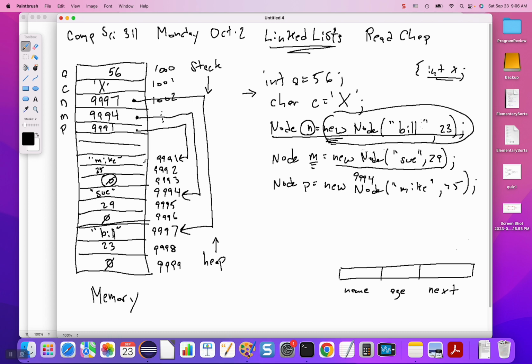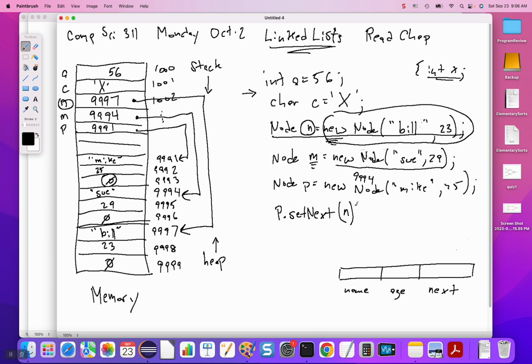So what I want to do is take the reference from p. I want to say p dot setNext. So what I want to do is come over here and follow this reference to p, and this is next here. Remember, this is name, this is age, this is next. And what I want to do is set it to point at this thing down here. That's saying this value right here. If I were to say p.setNext and I were to come over here,